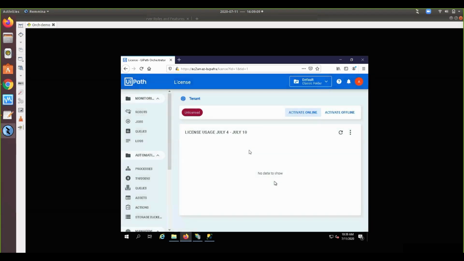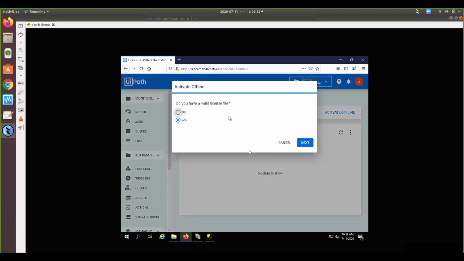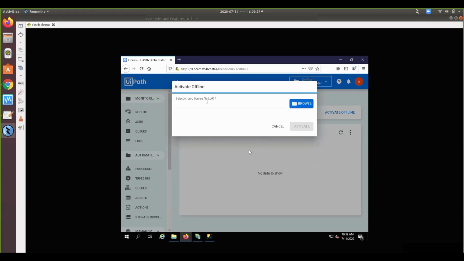If your machine doesn't have an internet connection, then you can also do an offline activation by providing a TXT file, which will be generated on the UiPath license activation portal. If you say you have a valid license file, yes, then click on Next, and it will ask for the TXT file generated from the UiPath activation portal.